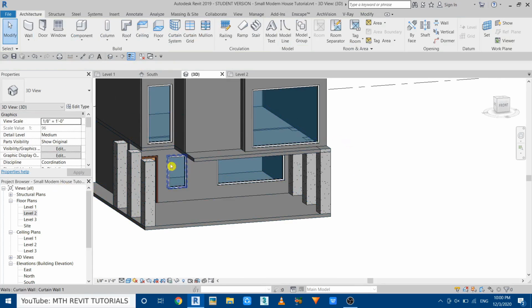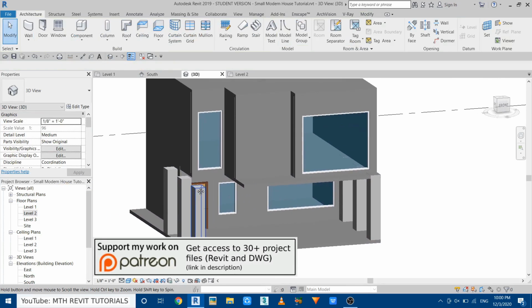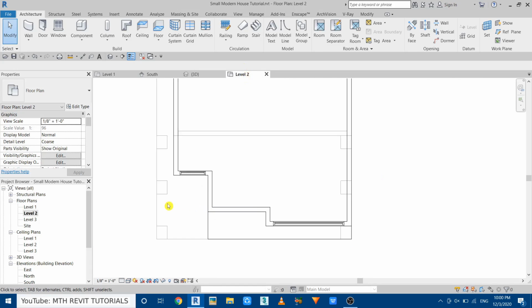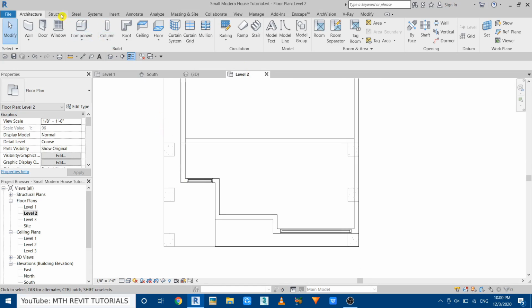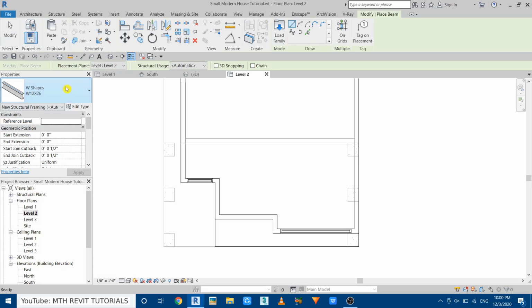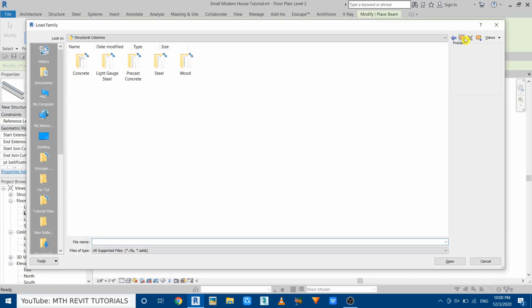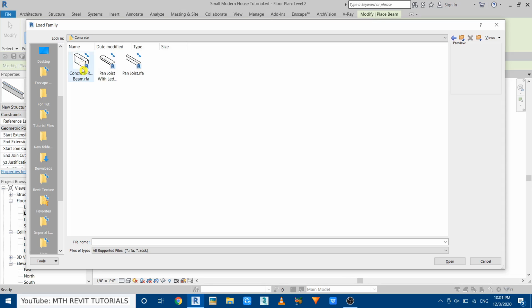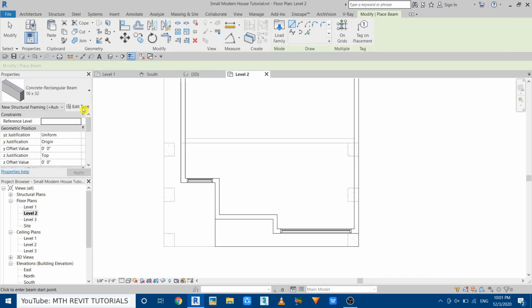Now we can create the beams on these columns. So this time we need to go to level 2 and go back to structure tab again, select beam, and again we need to load concrete beam. So click load family, and here go to the structural framing and then concrete, and select this concrete rectangular beam. Click open, then edit type